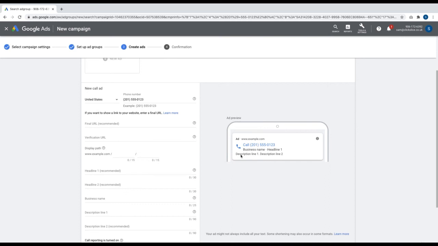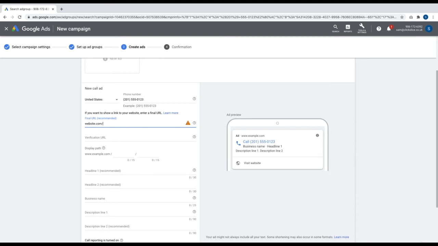When it comes to filling out this call only ad, there are a few of the same features. So your final URL. Now, like I said, when people click this ad, they aren't going to land on any URL whatsoever. However, to improve your quality score, which hopefully by now you know is super, super important, you definitely want to try and include the keyword in your final URL as well. As this call only ad is targeting the keyword ceiling fans, I'm going to want to make sure that I have that keyword in my final URL. So what I'm going to do is simply go ahead and put in website.com and I'll put in ceiling fans